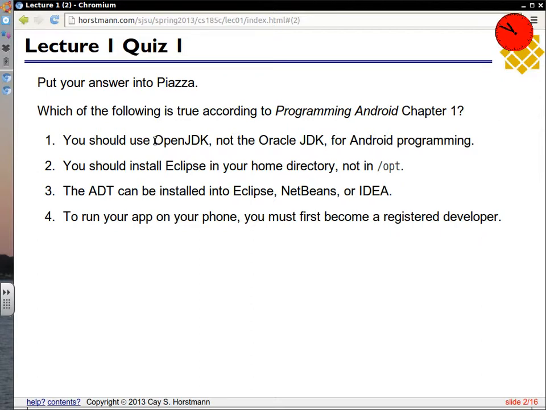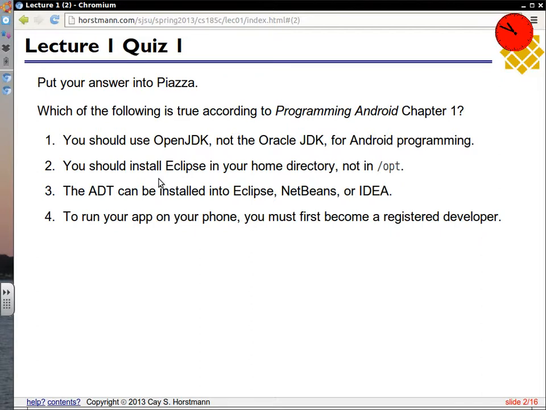So that's why I put a thing on Piazza yesterday, actually with the Android thing: don't even bother doing what the book did to install Eclipse and then install the ADT in there. Nowadays, Google has seen the wisdom of this, and they just give you a package that contains Eclipse and the ADT all in one bundle. Since you're going to have a separate Eclipse installation anyway, you might as well use the one that's pre-integrated, and then install it in your home directory.